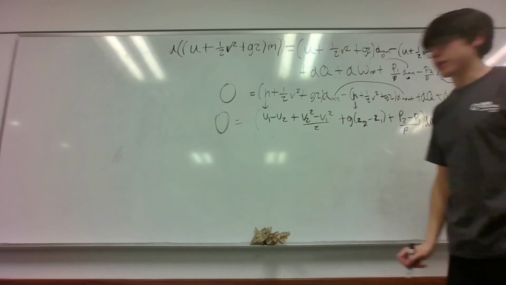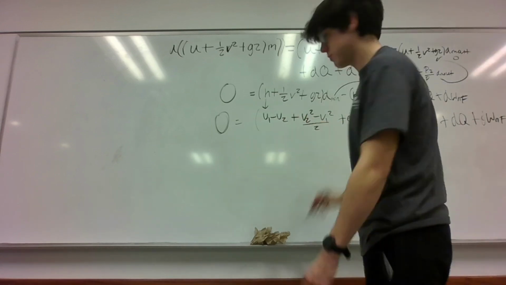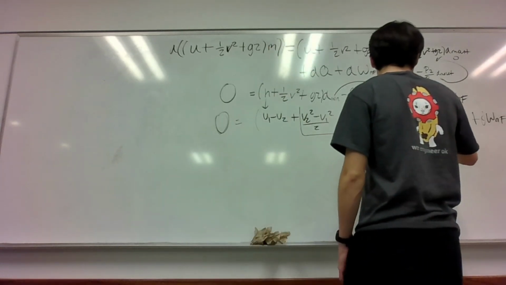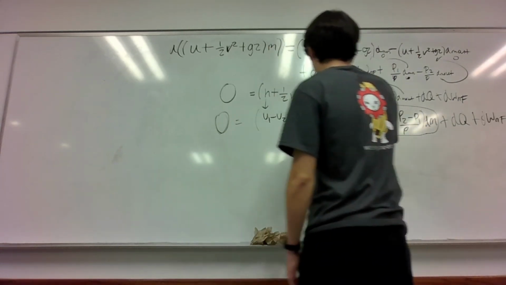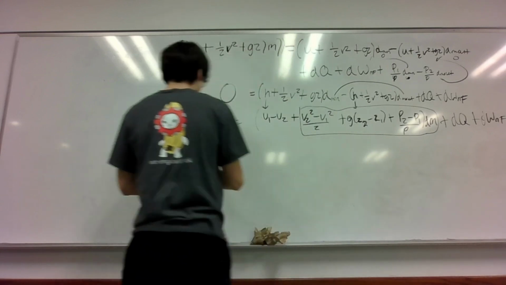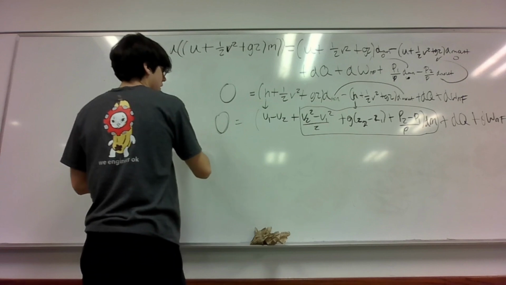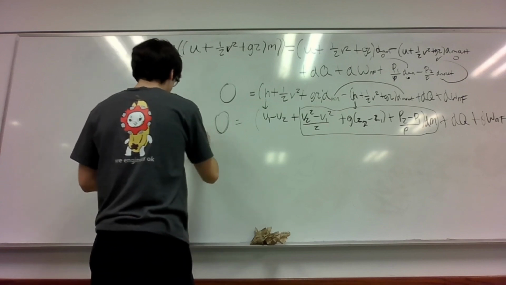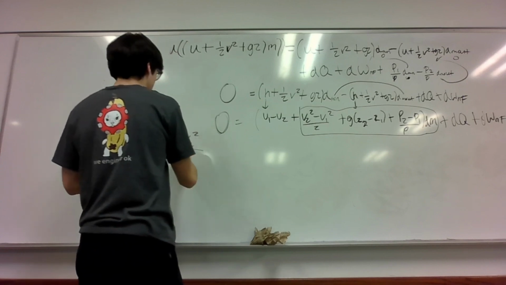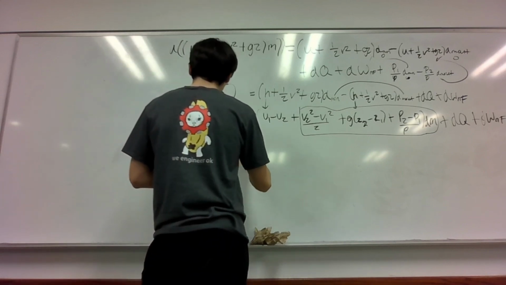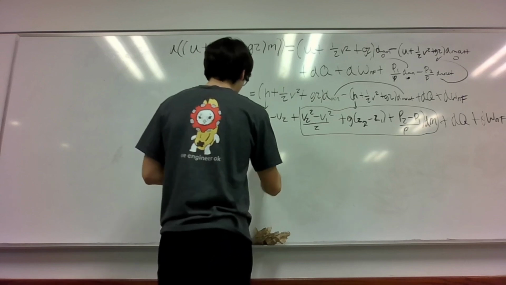And what we're going to do is group some of the terms here and switch them to the other side. So let's move all of these terms to the other side of the expression. So we're left with v1 squared minus v2 squared over 2 plus g times z1 minus z2